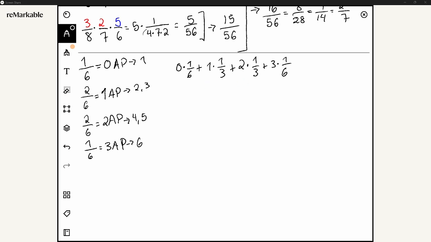This right here can be simplified to 3 times 1/3, right? Because this is x times y plus z times y, or y times x plus z times x gives us y plus z times x, plus 3 times 1/6, and this everybody hopefully recognizes now is 1/2. This is just going to be 0. So here we see that our average AP is 1.5